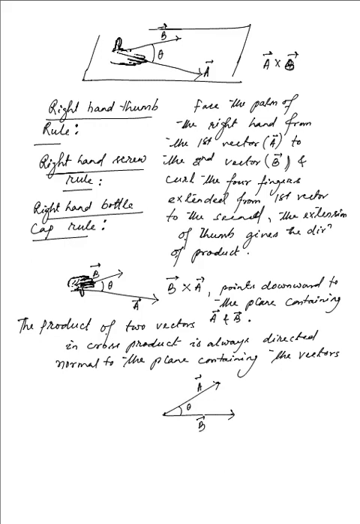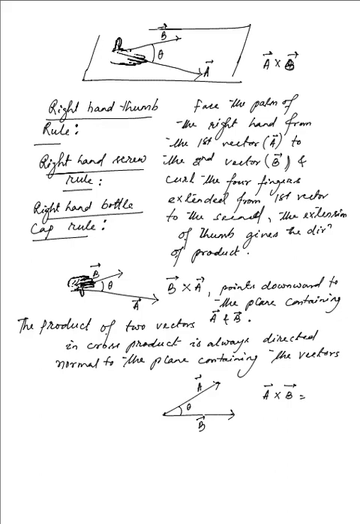So as I use the right hand thumb rule or the screw rule, if I am to rotate the screw from the first vector A to the next vector B, in terms of the order that I have just written, A cross B rather than B cross A, then in case of A cross B, the product vector C is going to be directed into the plane of the paper that we are seeing on screen right now,